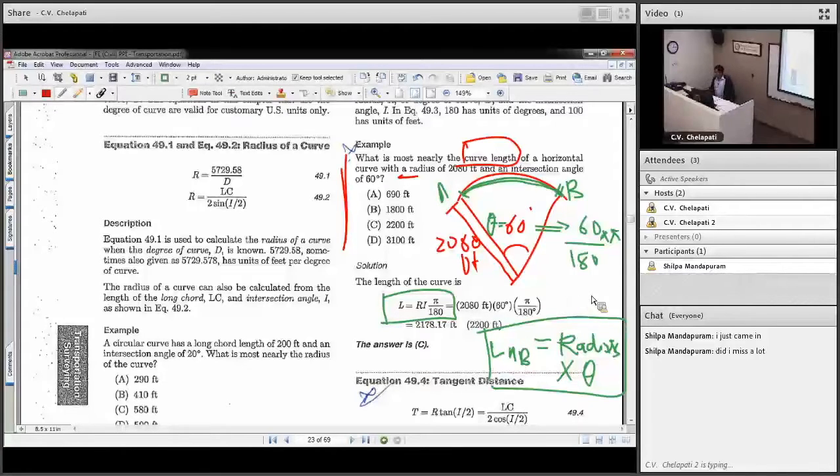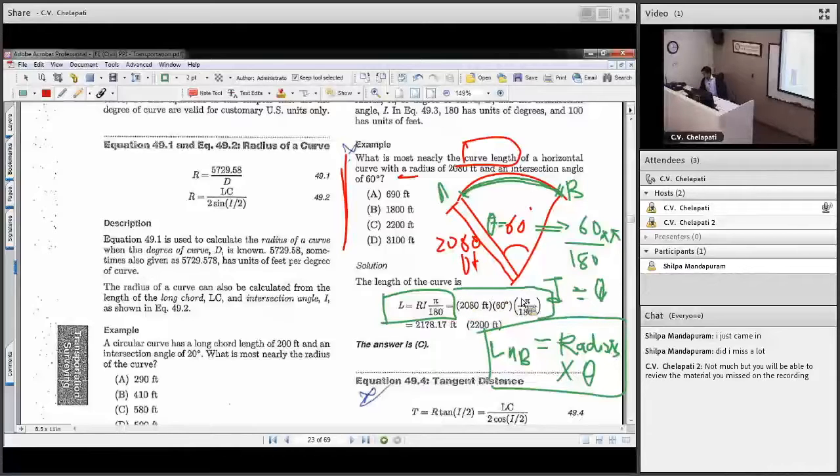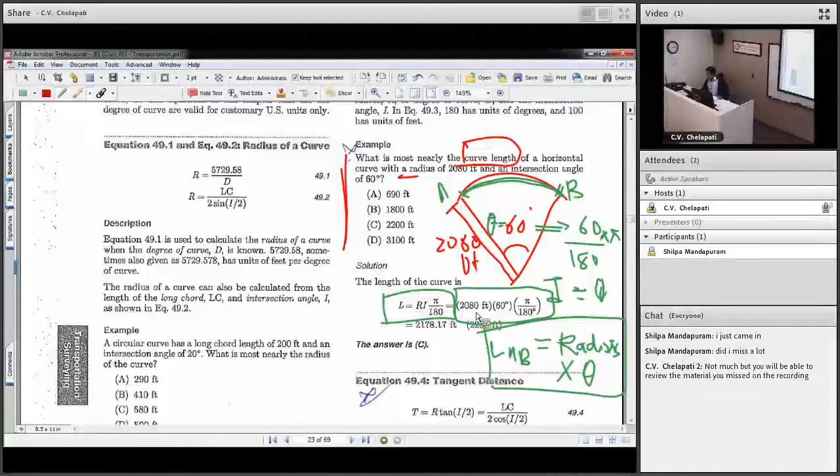Actually, R times I is basically the theta. That's what is further carried out: 2080 times 60 degrees times pi over 180 degrees, times the radius, which is 2080. And then you get 2178.17 feet. So what do we do with